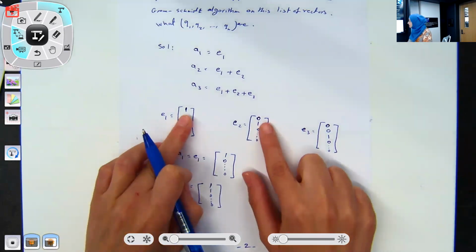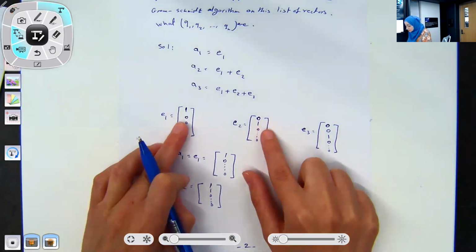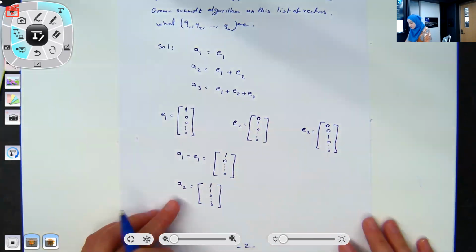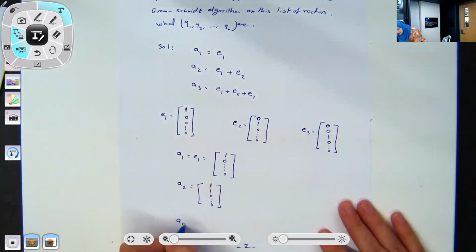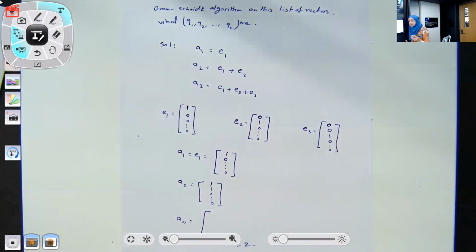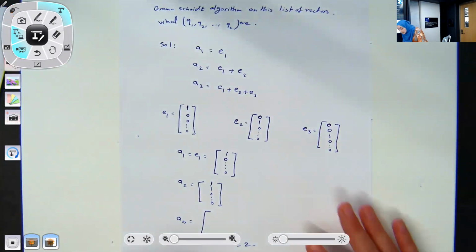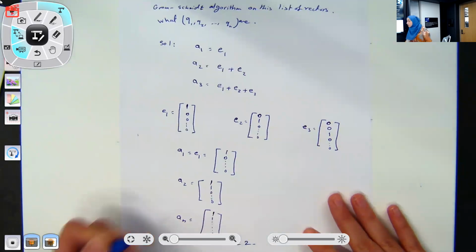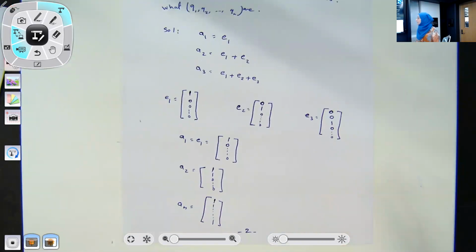Here we have 1 plus 0, which is 1, 0 plus 1, which is 1, 0 plus 0 is 0. And for AN, we need to add E1, E2 up to EN. It will be 1, 1, 1 up to N. All of these are 1. Now we need to apply Gram-Schmidt. Just to remember Gram-Schmidt,